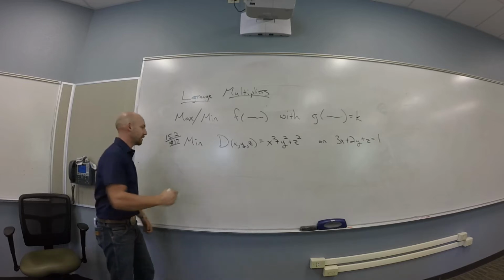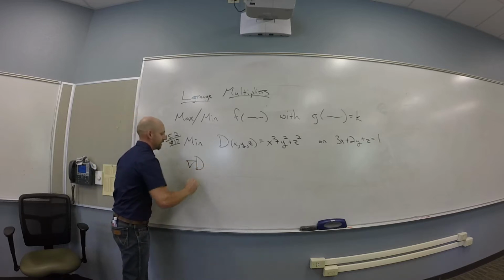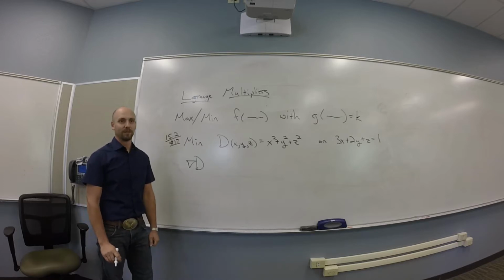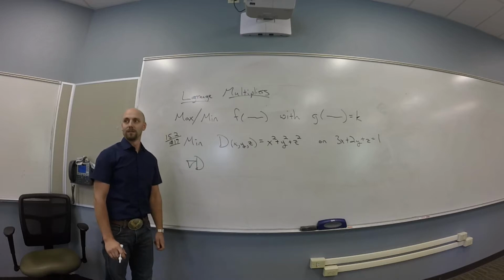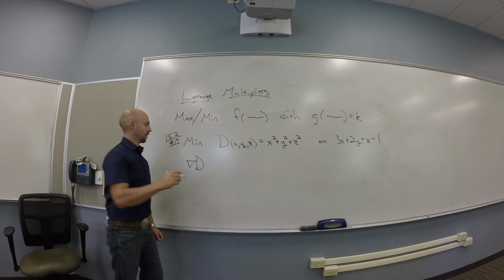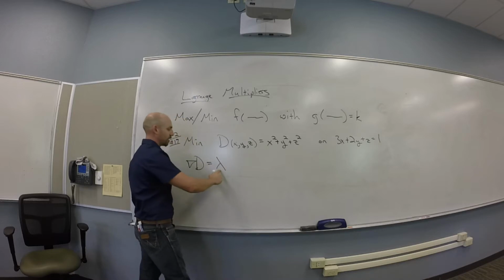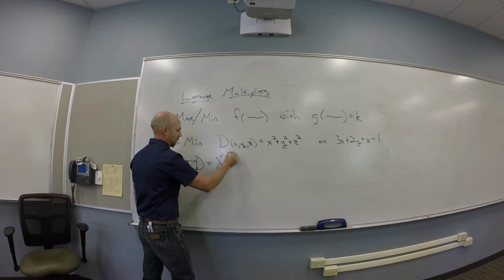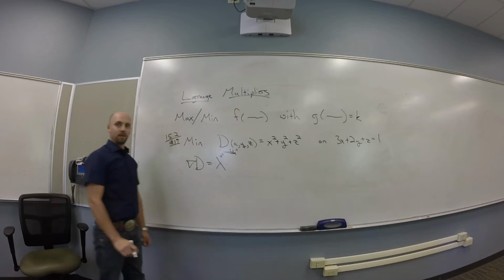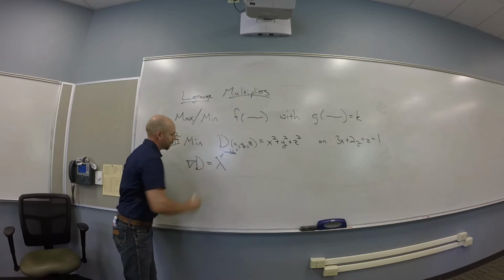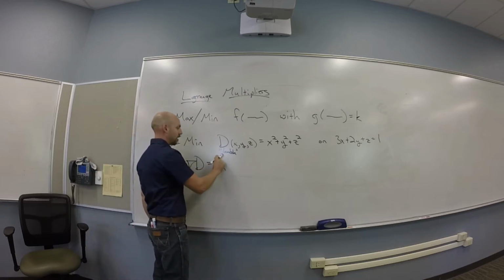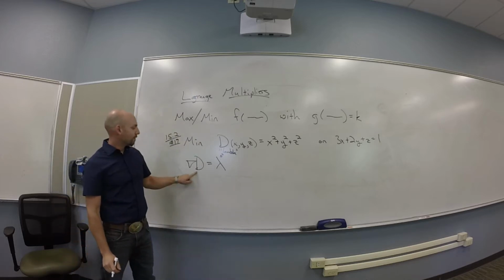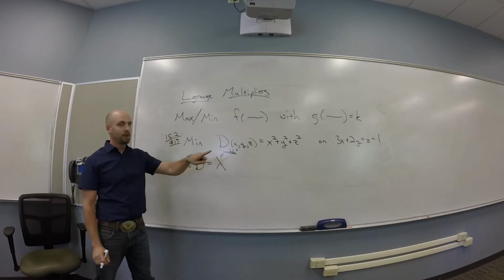So what's the gradient of d? And what am I setting that equal to? I was saying equal to Lagrange gradient of G. So this thing's called a lambda, FYI. Sometimes they put a little floopy on the top, like a half-life. Okay, so I'm going to find the gradient of d, and I'm going to set it equal to lambda times